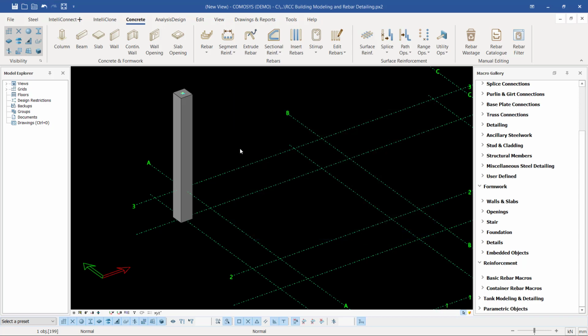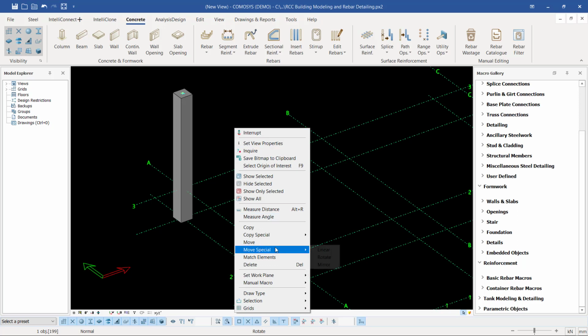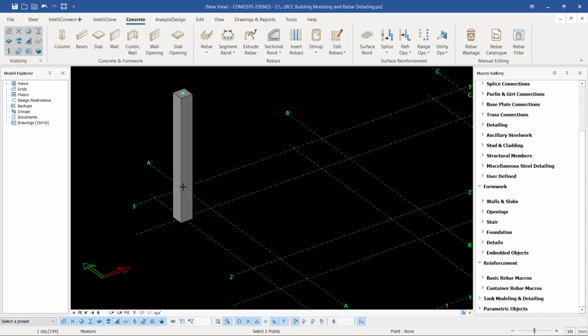We can confirm that by right clicking and coming to measure here. You just pick on measure distance here, and snap on that spot, and snap on the bottom end here. You can see that that is negative 1.2. So the top grid is a 0 level, then the bottom end is 1.2, all the way from the 0 level going downward. So that will be part of the excavation that will be done for the placement of the